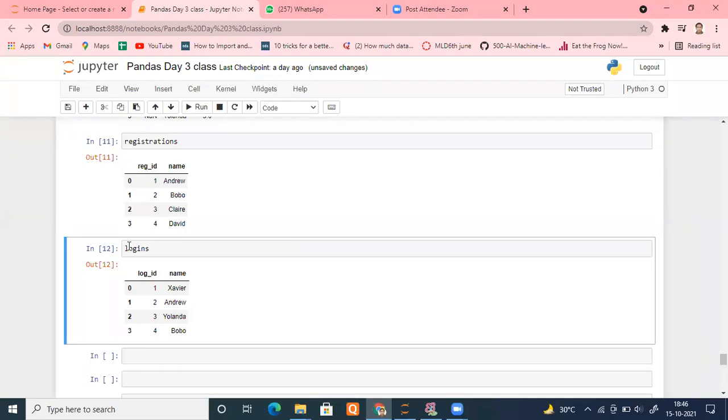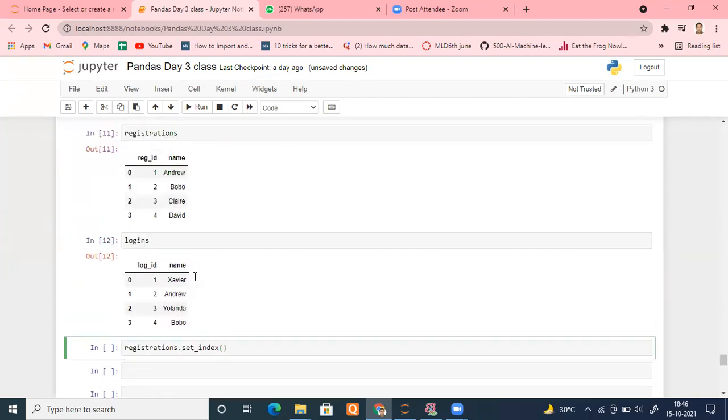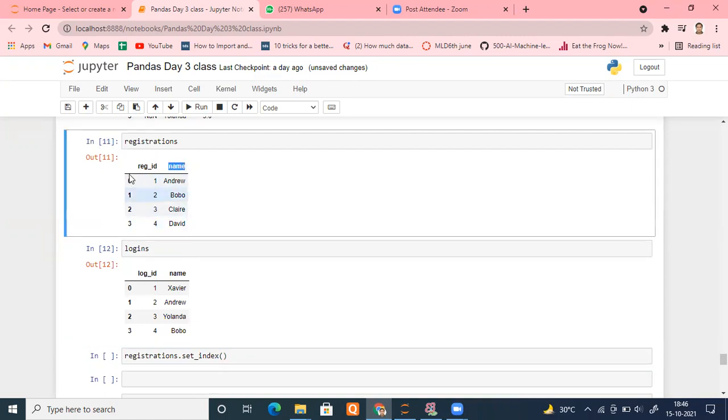So for example, I'm going to do one thing. I'm going to set registrations dot set index. What I'm planning to do, I'm trying to use my name column and make it an index of this data frame.